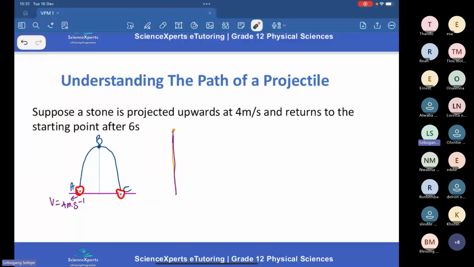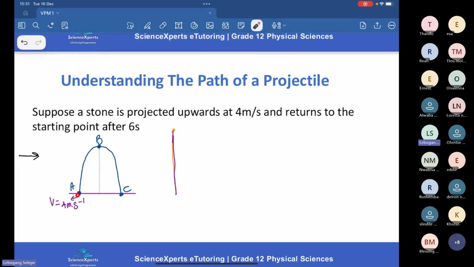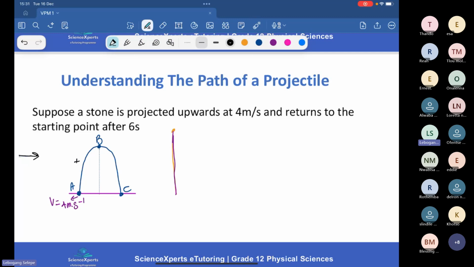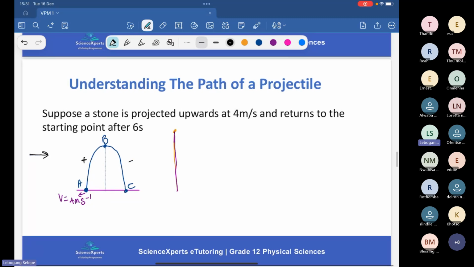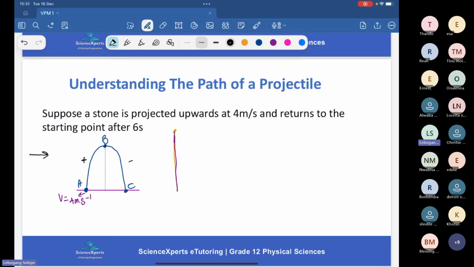because as you remember, we interpret our graphs starting from the left, moving to the right. So as we move from point A to point B, the graph is increasing. So our gradient is positive, right? And on this side, the gradient would be negative. So the gradient at A and at C would have the same magnitude, but they would differ in sign. So it means that the velocity at C is also negative 4 meters per second,